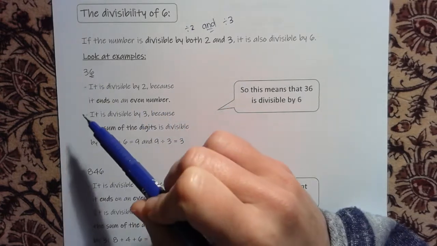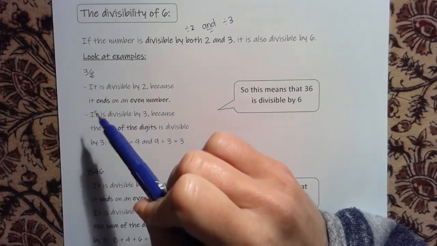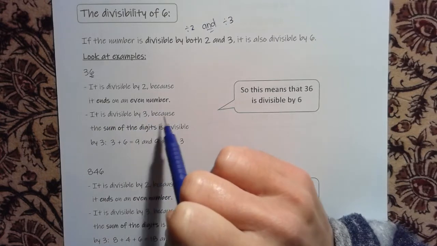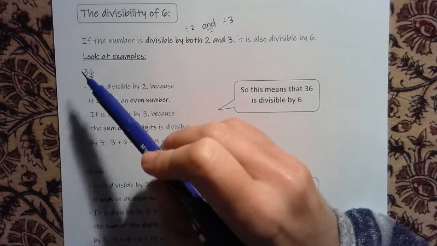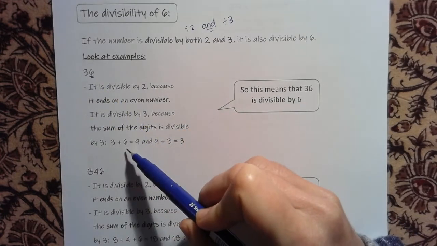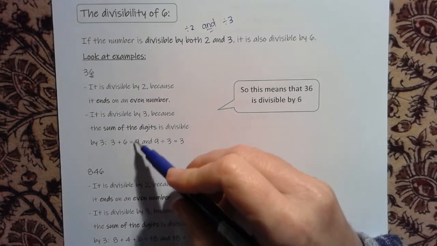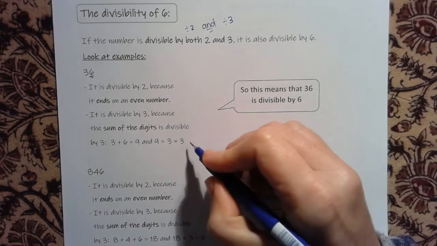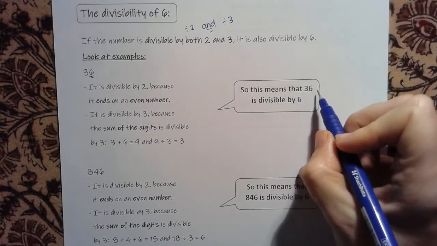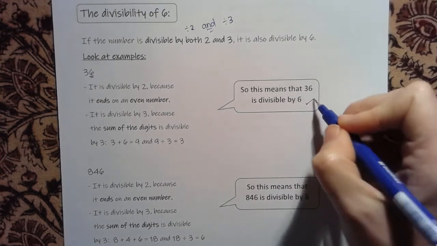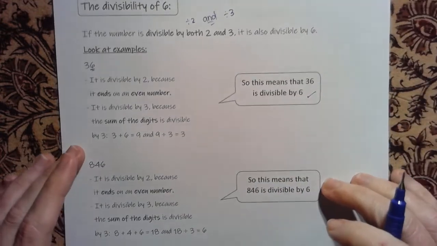So yes. Now I need to check whether it divides by 3. It is divisible by 3 because the sum of the digits is divisible by 3. So you take the 3 and the 6, you add them together, you get 9, and then take the answer and divide by 3. And then you get an answer without a remainder. So this means that 36 is divisible by 6. Let's look at another number,